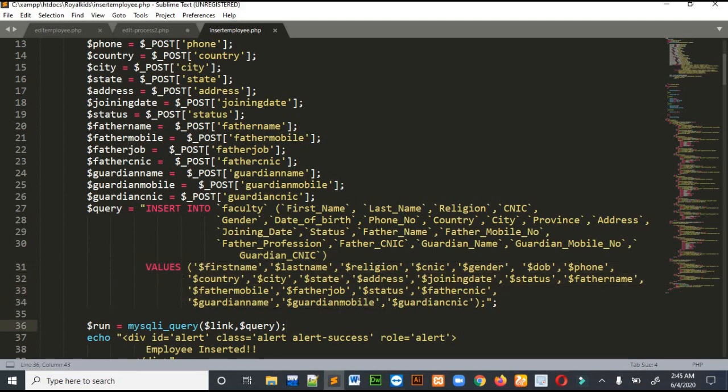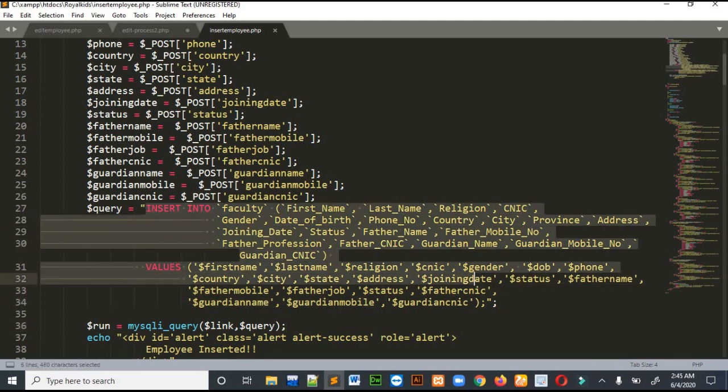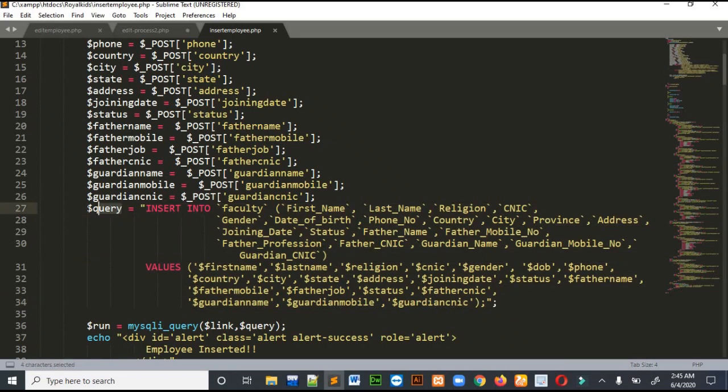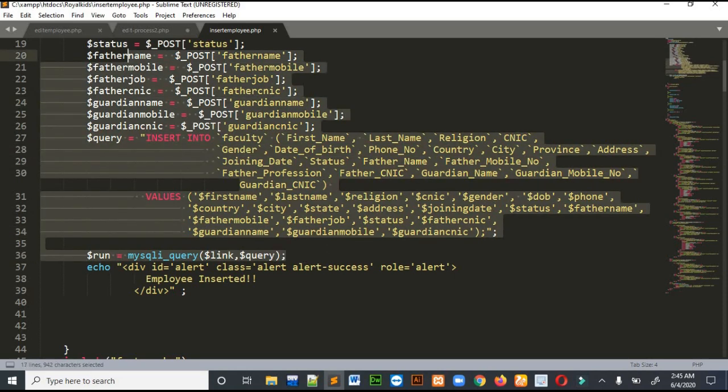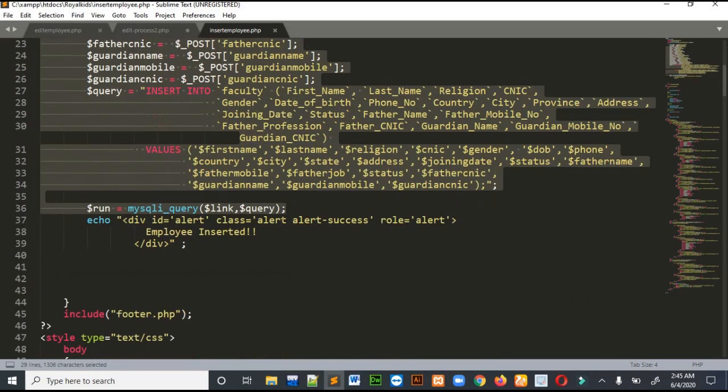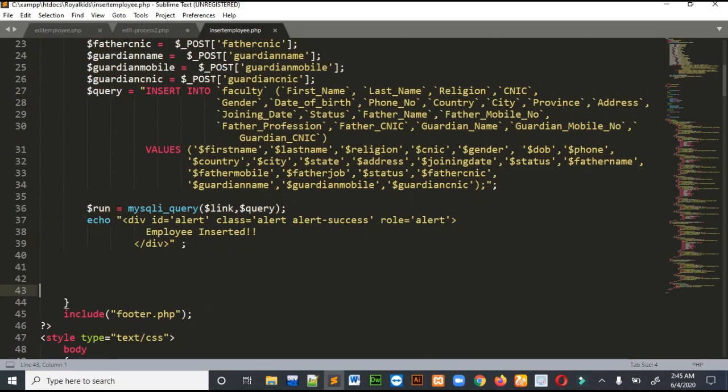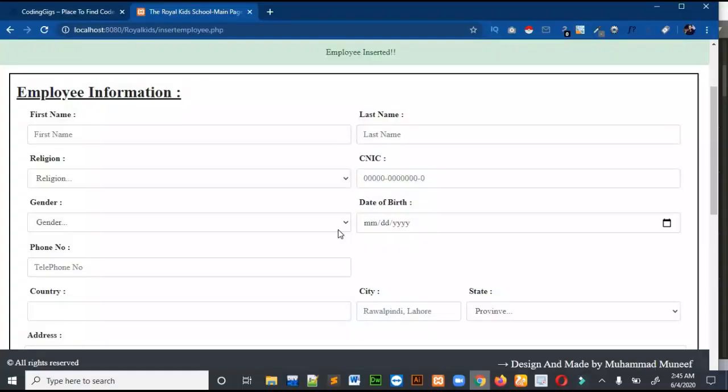I am saving the whole query in this query variable, and then I am running the query. mysqli_query will run the query; this variable links it with the database, and then sends the query. So this is the code for insertion. And this thing down here is the nice looking message on the top that I showed you.